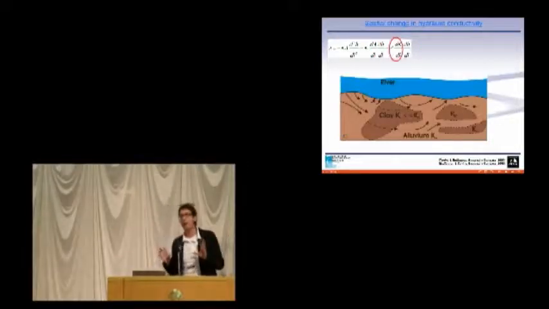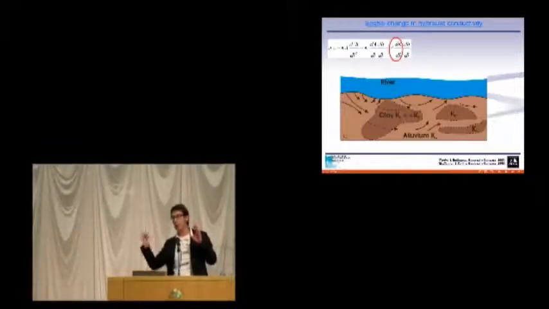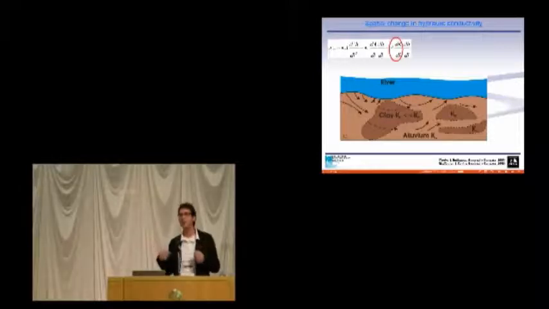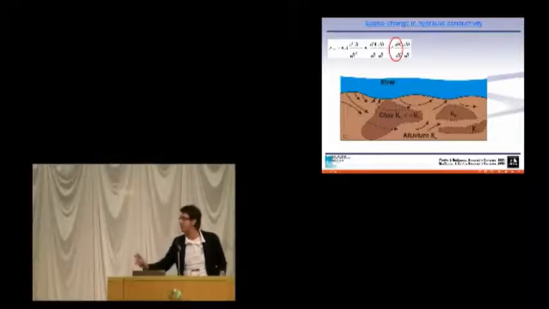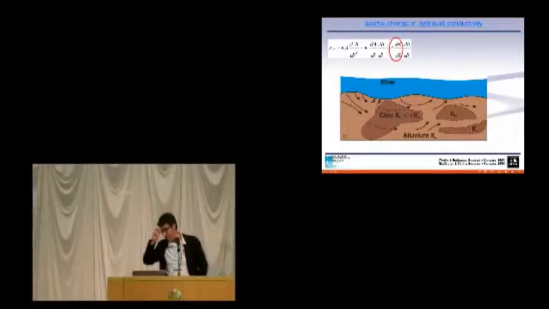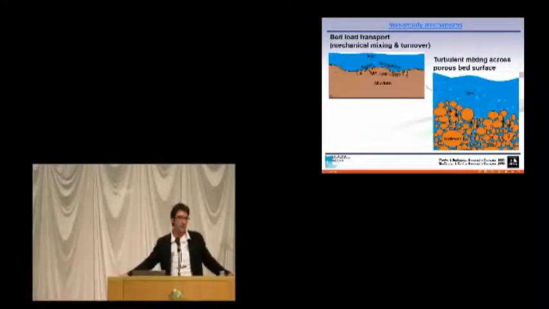So if we do have a heterogeneous system, there are areas that can let the water flow faster and slower, and so we can have more water flowing through the sediment. And because of that, we have areas where, because we have less water moving through the clay here, we pump out the system. So besides these three mechanisms that work very well in explaining the exchange in a steady state condition,